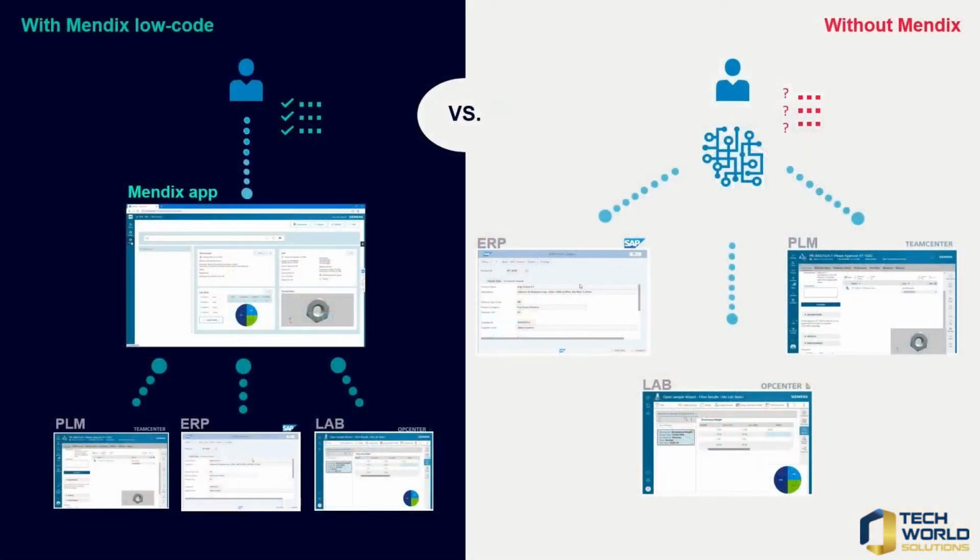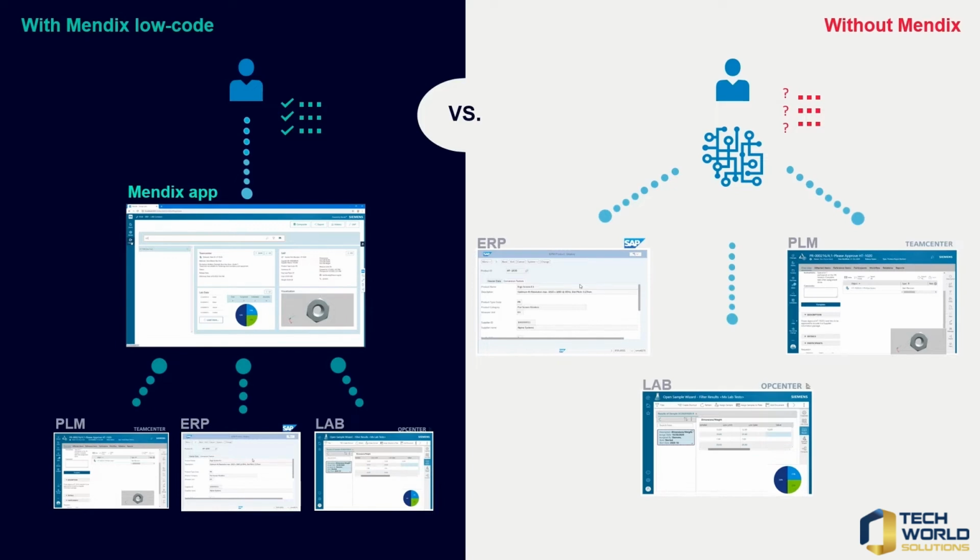This is a Mendix composite application developed in low code that allows the user to very easily find and work with master, design, purchasing, and quality test data from disparate solutions such as PLM, ERP, and lab quality systems. This Mendix app is connected without the need for any customizations. We not only get the data out of these systems, we also have access to their key functions, all from